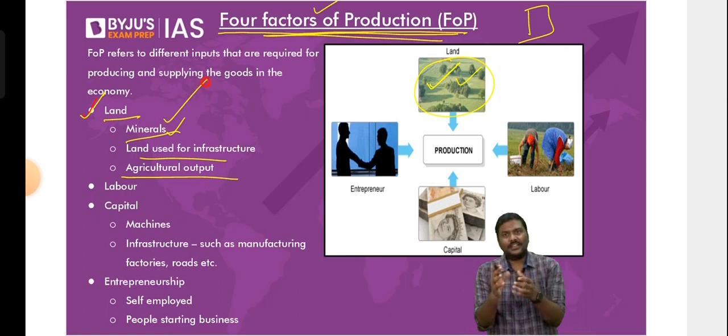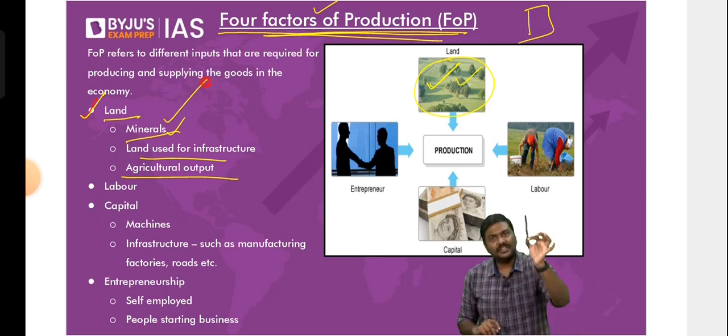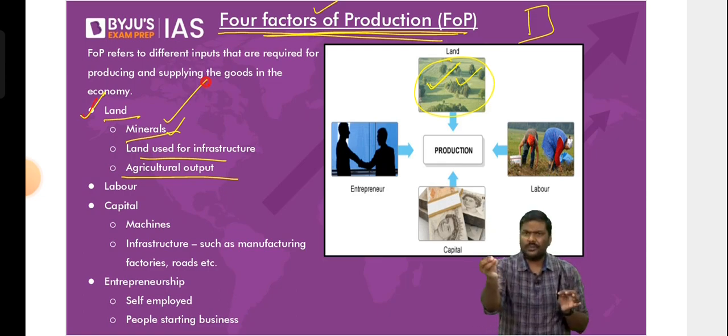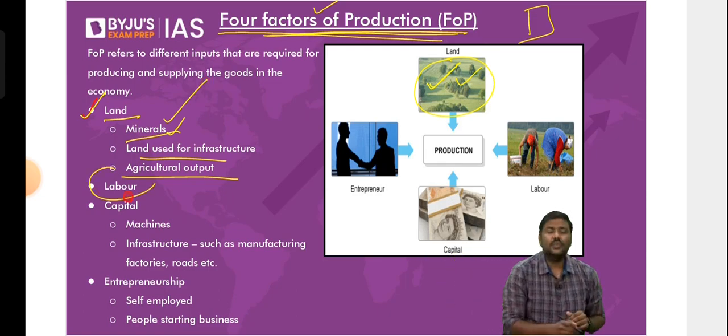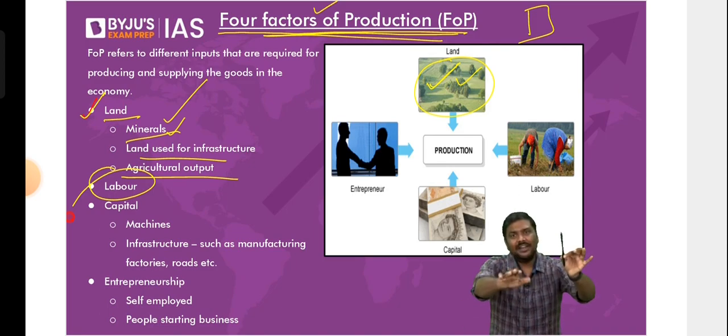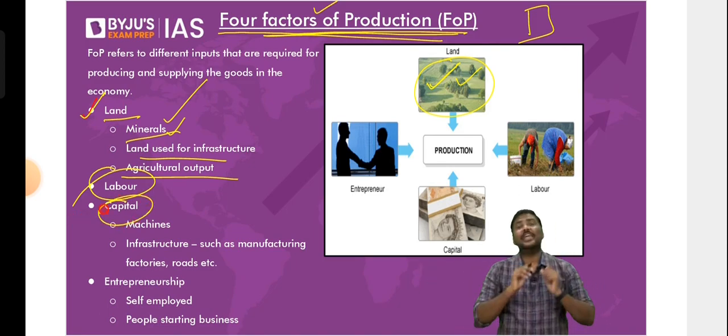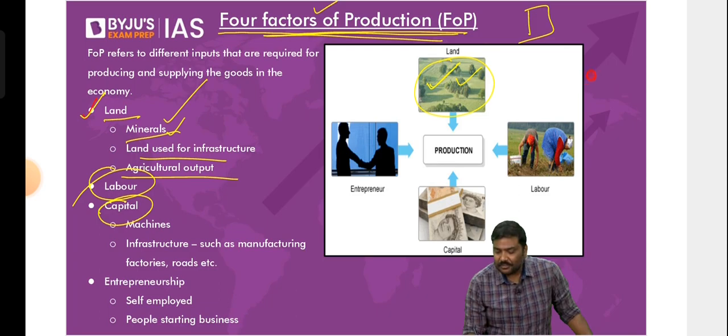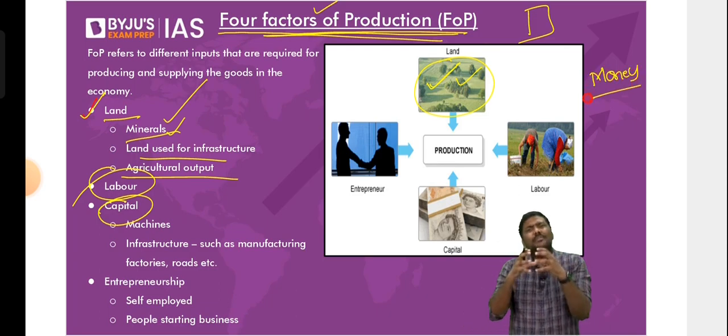Second, imagine you want to manufacture this marker. When you want to manufacture this marker, you require labor. You require certain people whom you can ask to manufacture a good. That is also one of the factors. But to manufacture this marker, apart from labor, you require a machine. Machine is kept under the concept of capital. Understand the concept here. Many of you will get confused between the terms money and capital. A narrow meaning of capital is money.